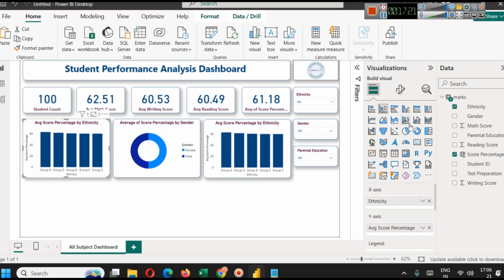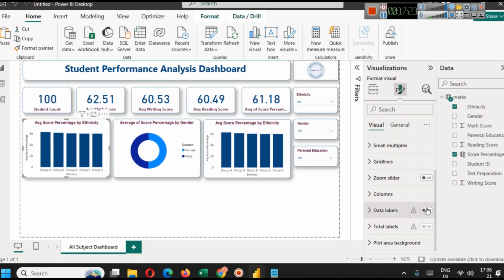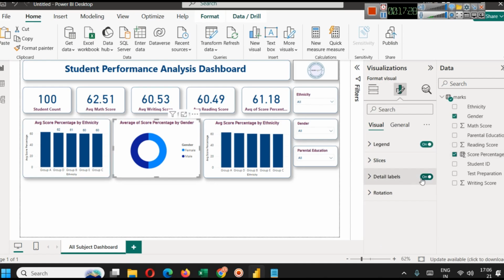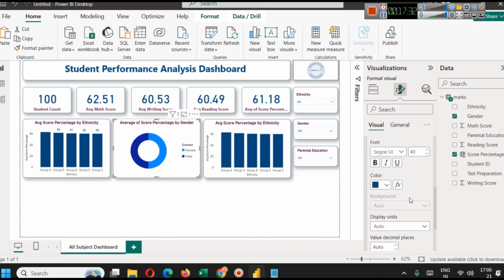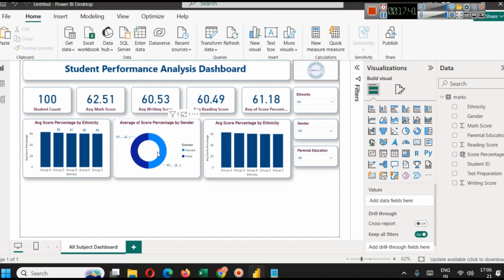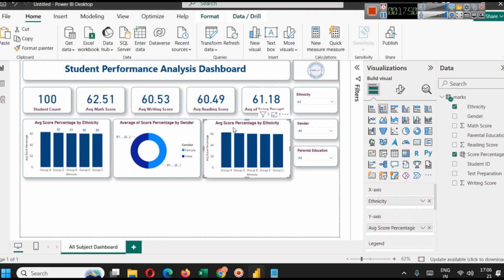First of all, in the first chart, I will do one more thing. I will enable data labels so that we can see those values. Similarly, here also data labels are enabled, but the value size is very large, so we will just use 9 here. Okay, 9 or 10, so that we can see both the averages are 61.26. So this is the average of score percentage by gender, and here we will use score percentage by